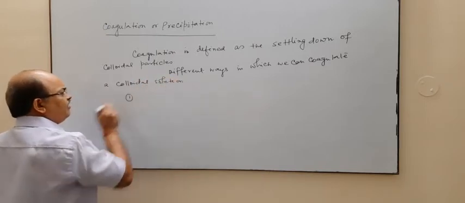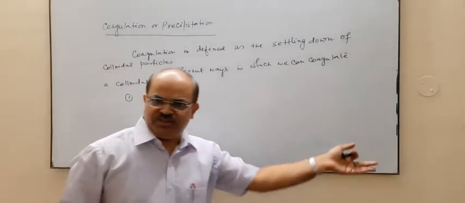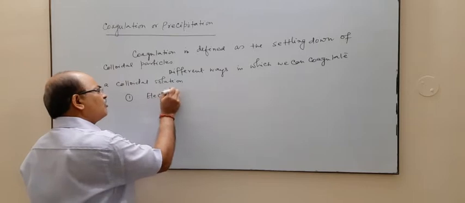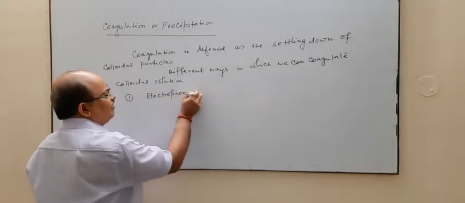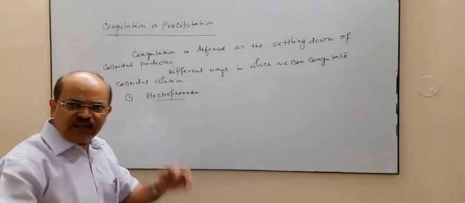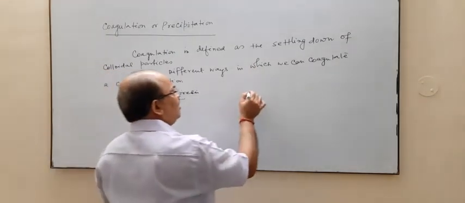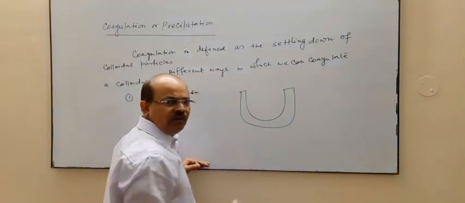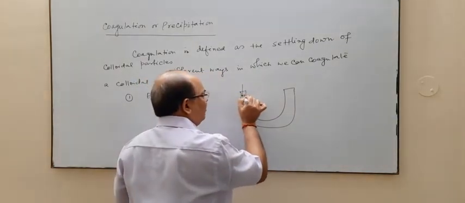The first is, as we have just studied, electrophoresis. भाई आपने electrophoresis में देखा कि let us suppose this is your U-tube, and in this U-tube we have,